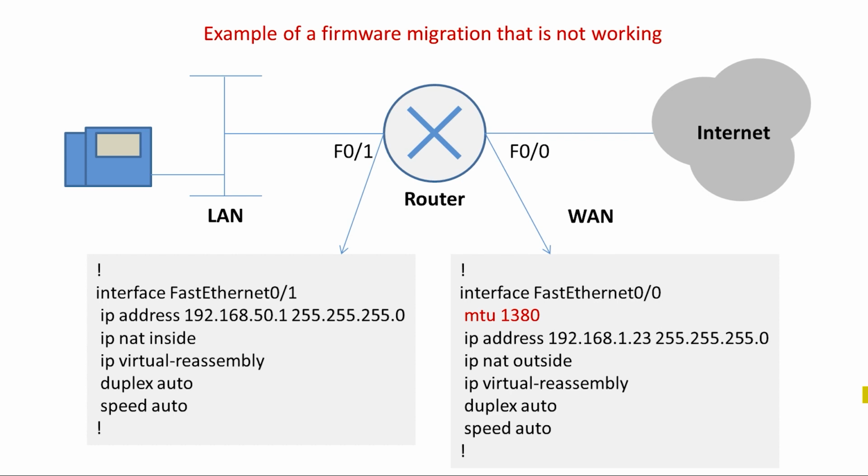So one of the potential items you may run across is an MTU setting on the WAN interface of your router. In this case, we're going to keep the examples as simple as possible, and we have a simple router here. The LAN side is Fa0/1, the WAN is Fa0/0, and you'll notice that we have an MTU of 1380, and we're going to go ahead and take a look at the